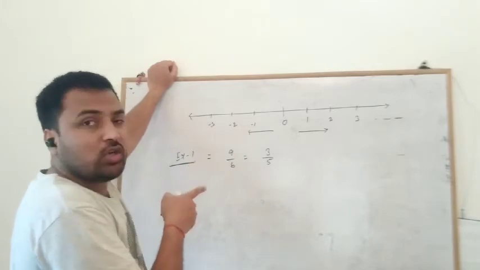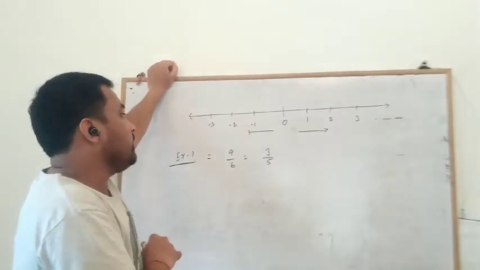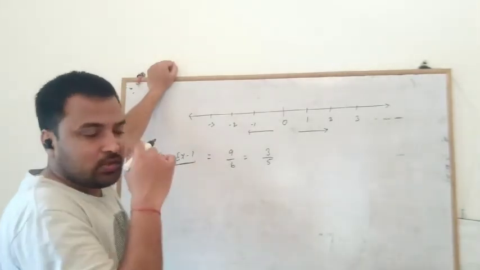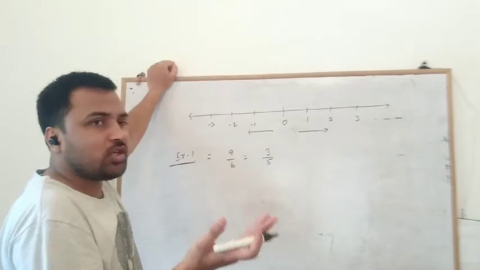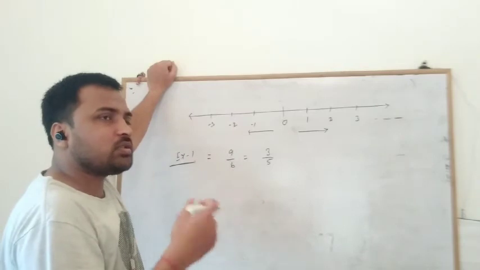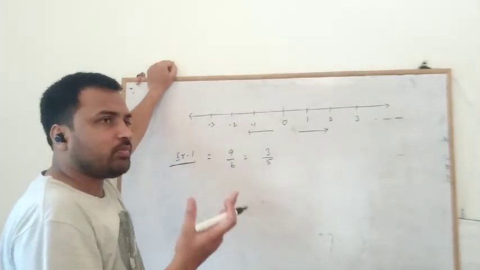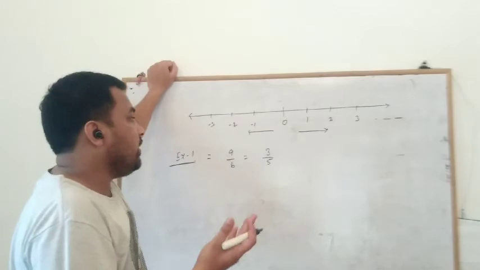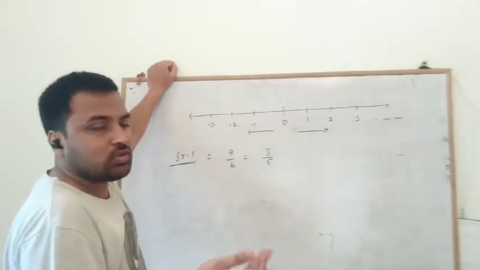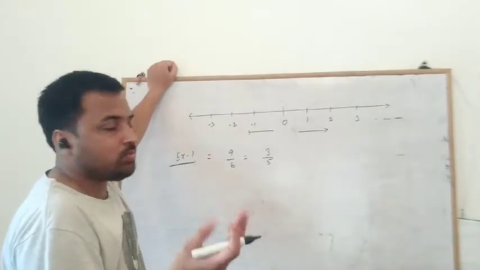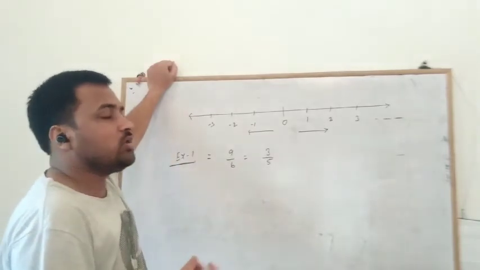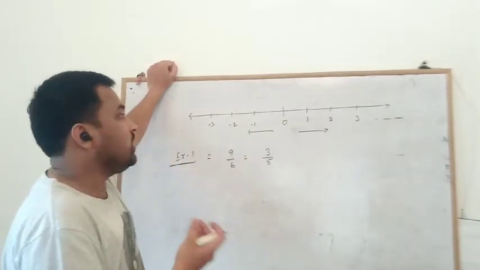Because the numerator is smaller than the denominator. Okay, so 3 by 5. We know that every proper fraction, since a fraction is not considered negative, but if we see proper fractions in terms of rational numbers, then the negative proper and the positive proper are both always situated between 0 and 1 as well as 0 and -1.